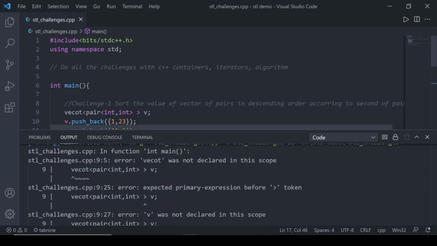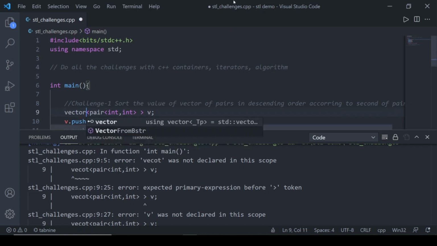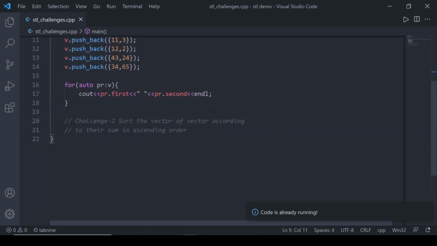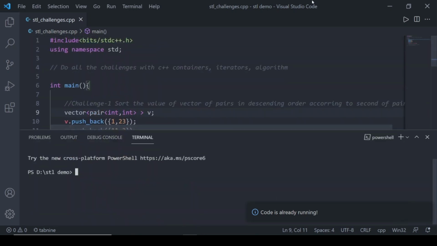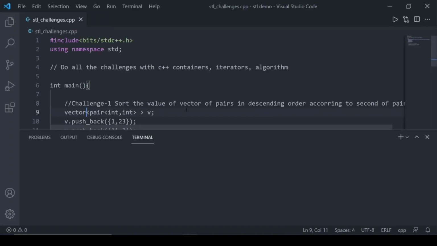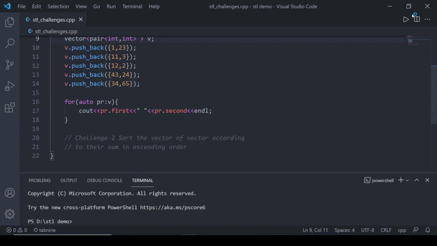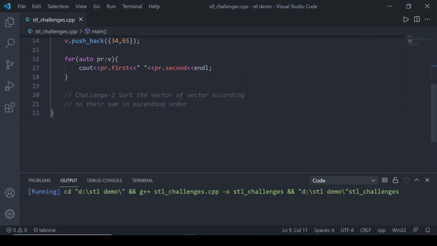Oh, I made a typo. Let's restart that. So I have created a vector of pairs, and let's print out the vector of pairs first.